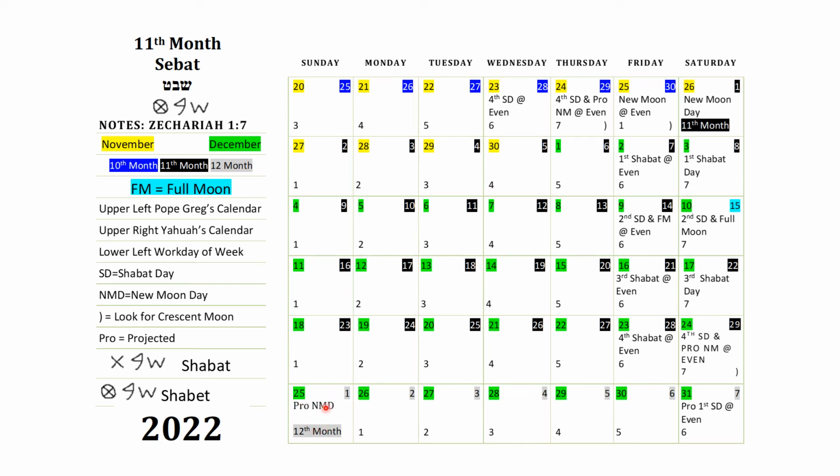We all know what that is, so I'm not going there. Don't matter to me no more. But that will start off our first day of our 12th month right there. So you look for it after the fourth Shabbat. You start looking for the new moon. If it comes out this evening, it'll be the 29th day. That will make our Shabbat on the 25th of December.